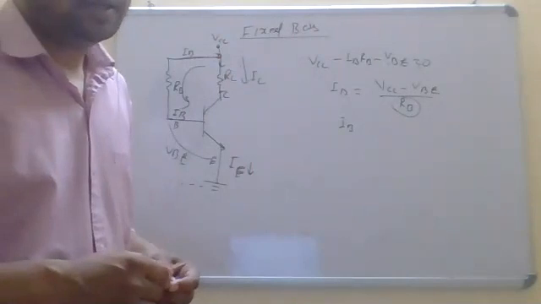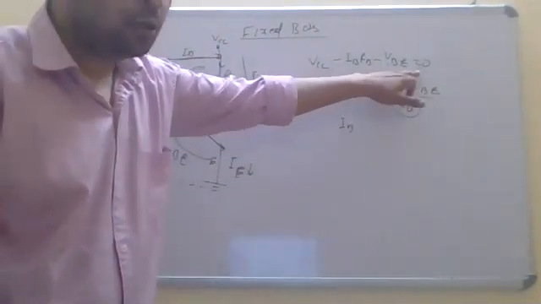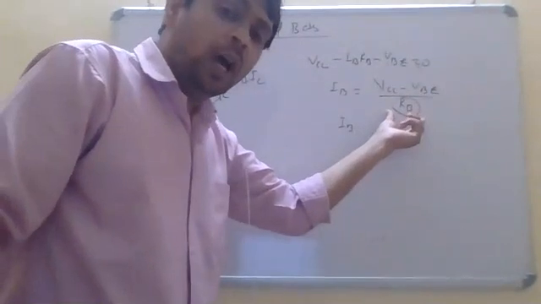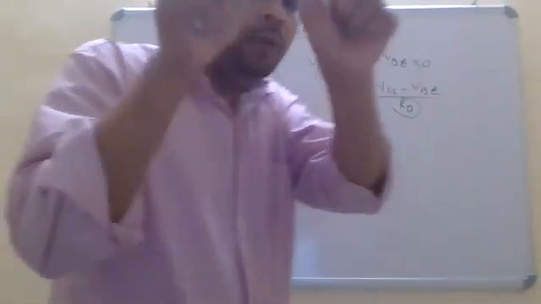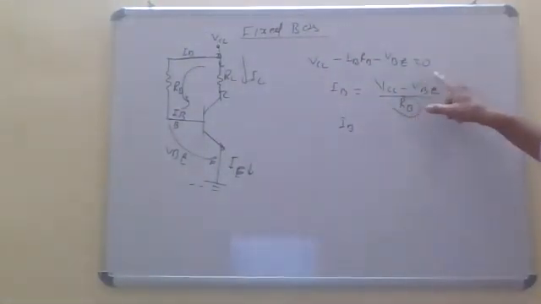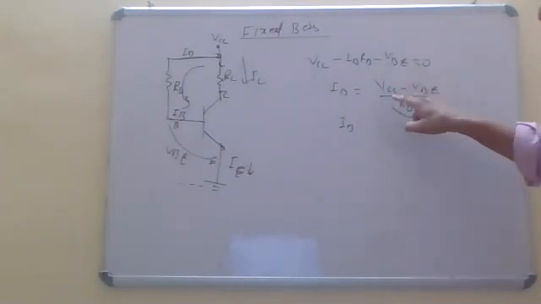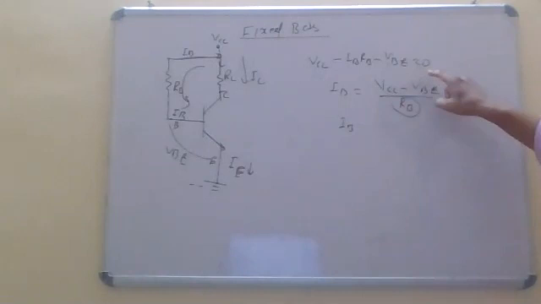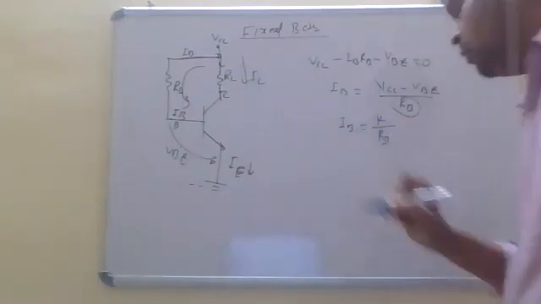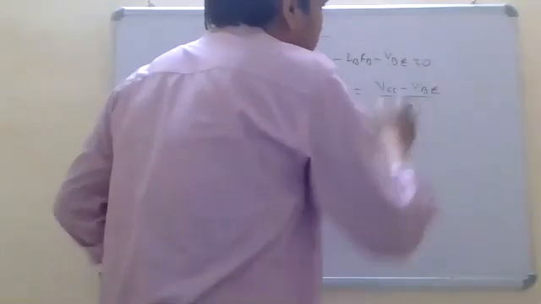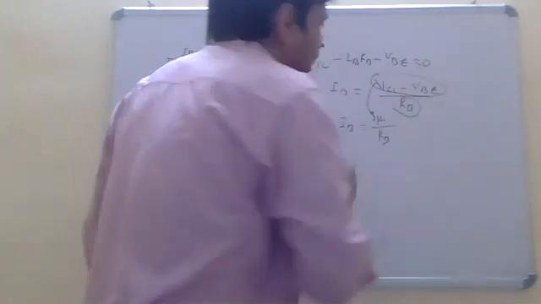Are you getting what I'm saying here? VCC is a constant, VBE is also constant. So IB will be fixed based on the RB. Whatever RB we choose, this IB will be fixed, because VCC is constant and VBE is constant. So both are constants, and we can write IB is equal to K by RB. What is K, sir? K is the constant value.